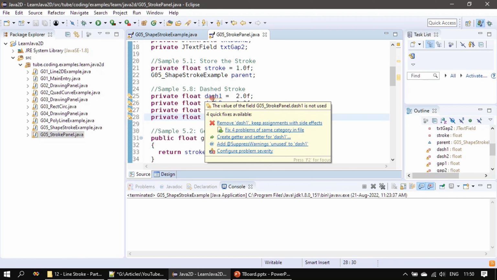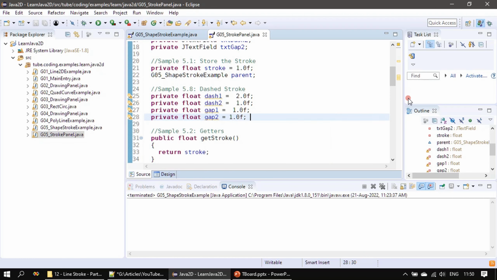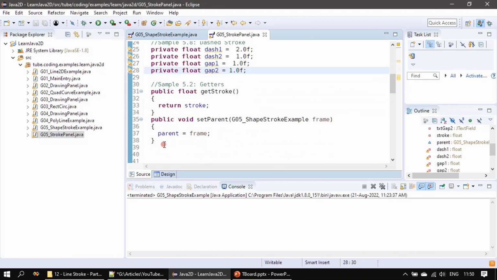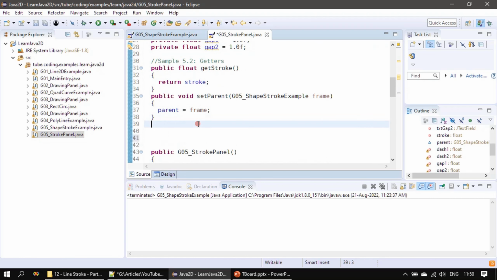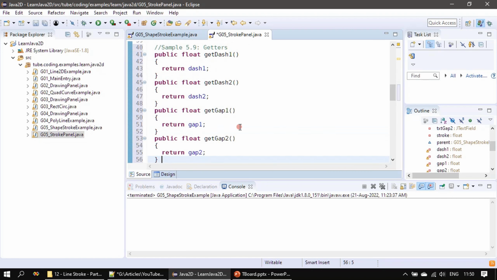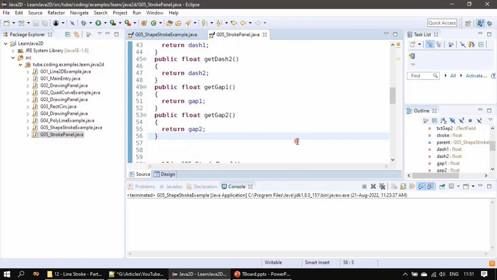So we are defining 2 dash and 2 gap. And here are just the getters. So we have getters for dash 1, dash 2, as well as getters for gap 1, gap 2. Alright, now we will go to the design view